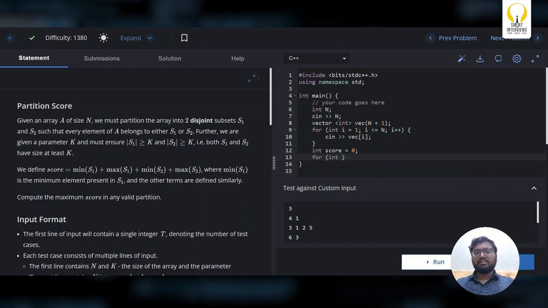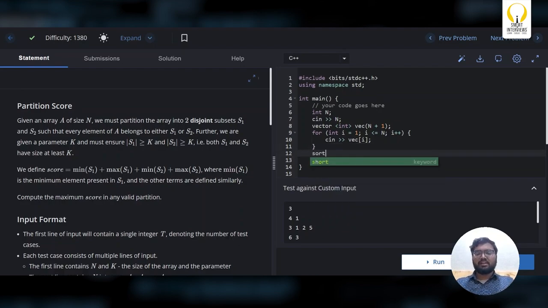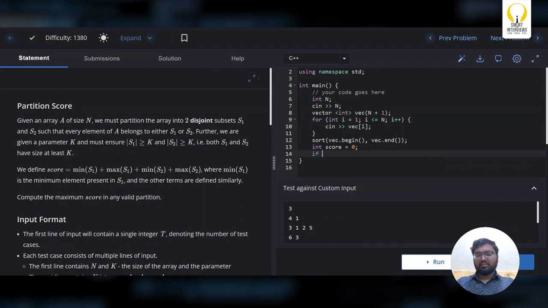So what you are going to do in your next step here is, first how do you get the last and first and n minus k? So better if you can sort it, right? If you sort it, we can directly get the n minus k index. So we are trying to sort the vector. After sorting the vector, what is the next step? If k is 1, what is going to happen? That case will be a different case, right? So if k is 1,